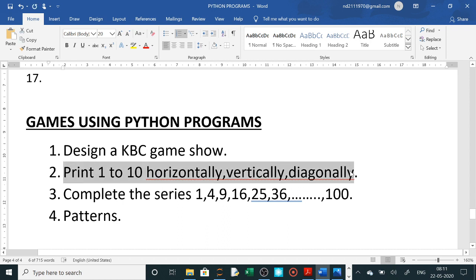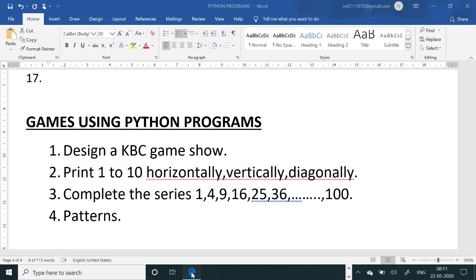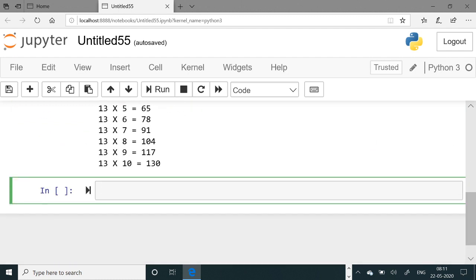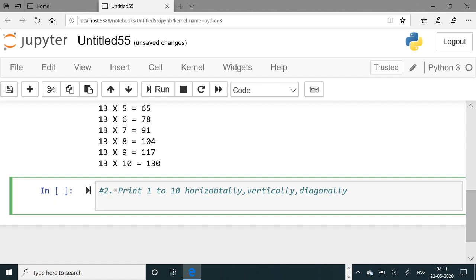Now for this I have taken my program here. Now we will write the comment first. How to write the comment? This we have already done using a hash sign. So we are printing here 1 to 10 horizontally, vertically and diagonally. Now how will you do it? Simply you will write a for loop, for x in range, and then 1 to 10, so 1 comma 11 you have to write here, and then after